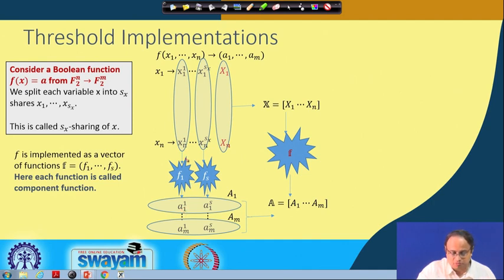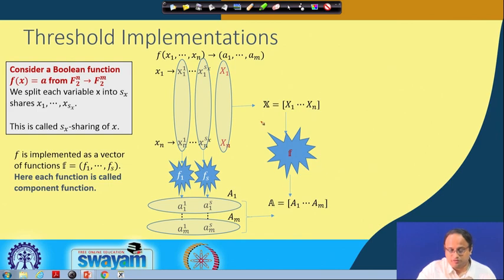So, remember that it will also process on n bits, and give me a result which is a11 to am1. Likewise, the fs part of the circuit will also give me an output which is a1s to ams. Now what you can observe is that you can treat these things, a1 to as, as s shares, and I can indicate that as the vector a1. Therefore, I will have a1 to m such shares, and that gives me my vector a as shown over here. So, this is my output vector a.